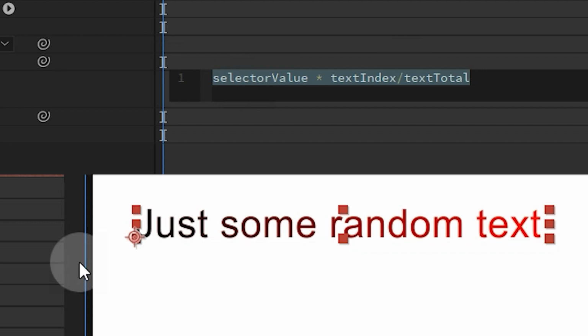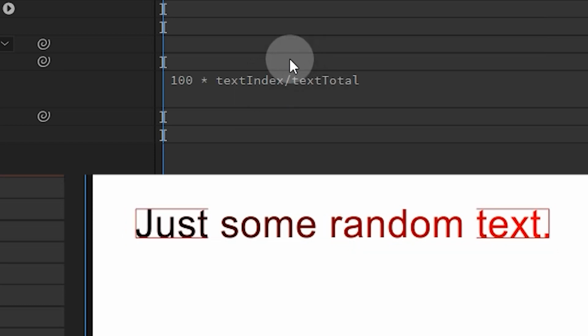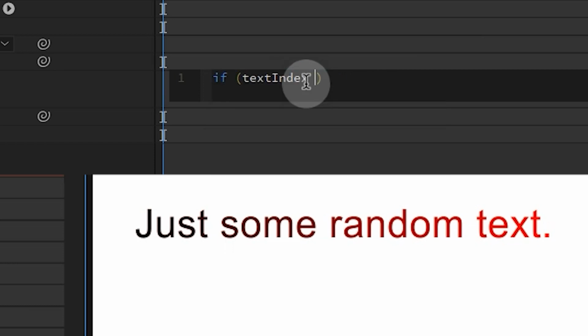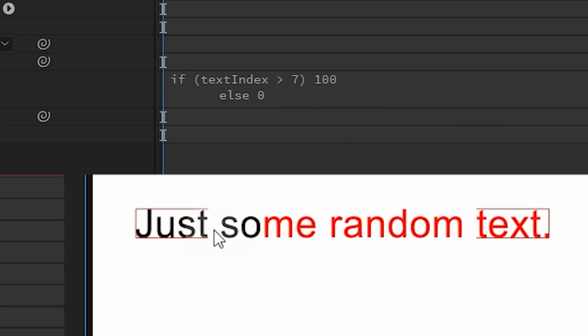The default is the gradient effect, which, if we take a look at the expression, takes the full value, which could simply be replaced with 100. Then, depending on the text index, which increases from one letter to the next, it will lead to the increase in the color change. We can confirm this by using an if-else statement that will return a full value, which is 100, for letters after the index 7, and a 0 value for the letters before 7. And as expected, the letters after the 7th place will have the full influence.